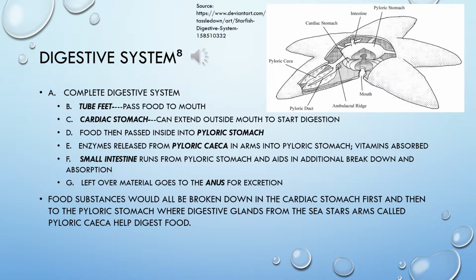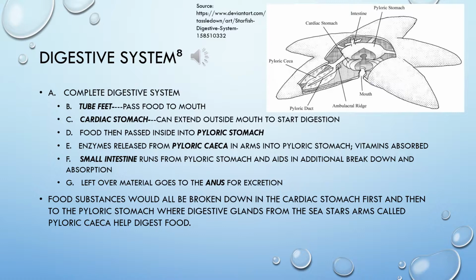So the starfish has a complete digestive system. The system kind of starts with the tube feet. The tube feet are used to feel around for organisms to eat, and then they pass that food up towards the mouth. From that point, the cardiac stomach actually extends from the mouth and captures the food and starts digestion,